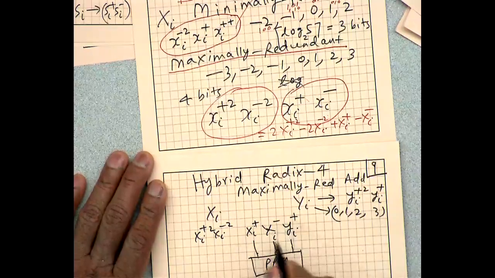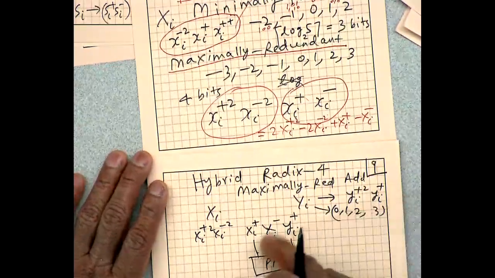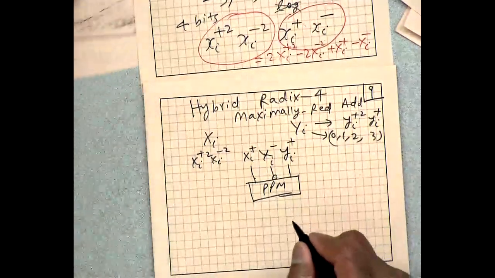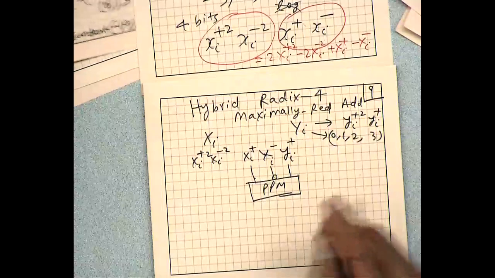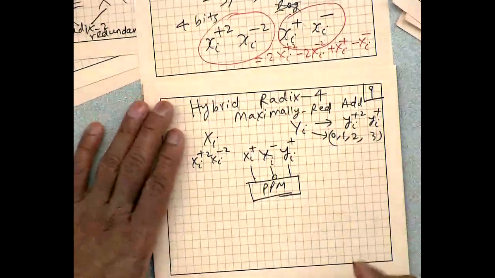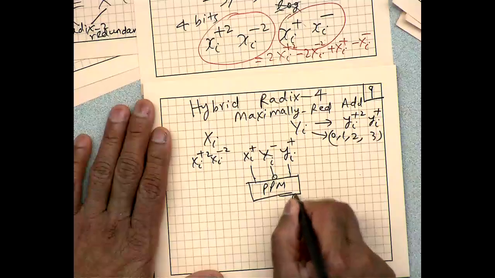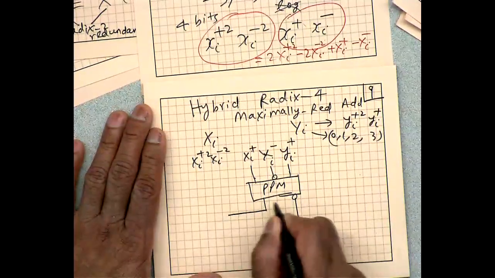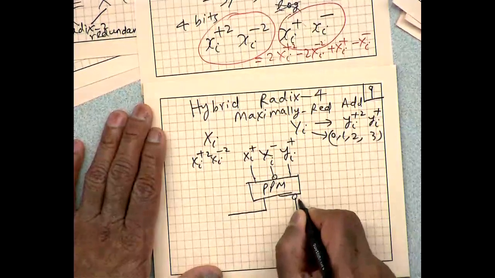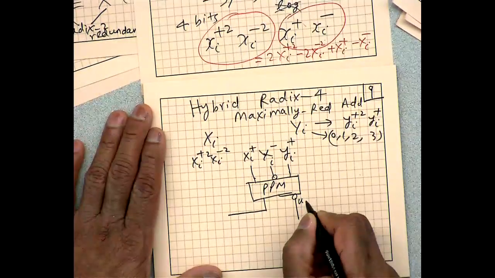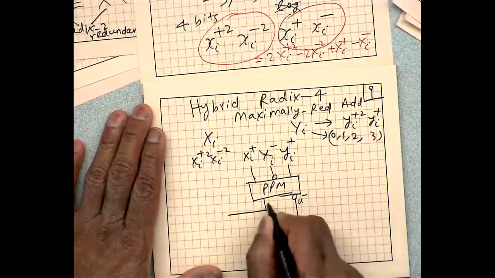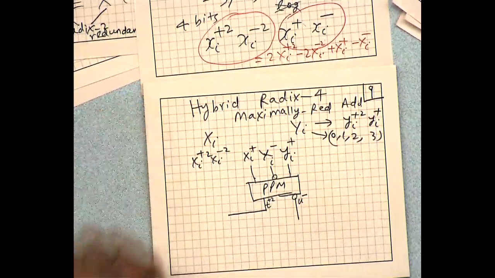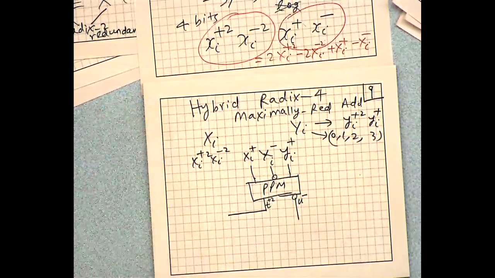So 2 positively weighted, 1 negatively weighted, and then this generates a, so let's go back to the ppm. So this generates a sum which is negatively weighted and a transfer digit which is positively weighted. Okay, so this is u minus and t plus 2, t plus 2.